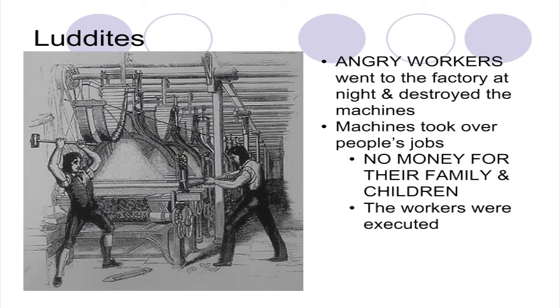Here is a picture of a type of people called the Luddites. This was a situation that took place in England, and not just in England, but in various places around the world. In this particular case, they're called the Luddites. They were angry workers. They were upset at how the machines were taking away jobs. So one of the things that they did is they went in the evening and destroyed the machines in hopes that they wouldn't get caught. Sure enough, they were caught and they were executed, killed.